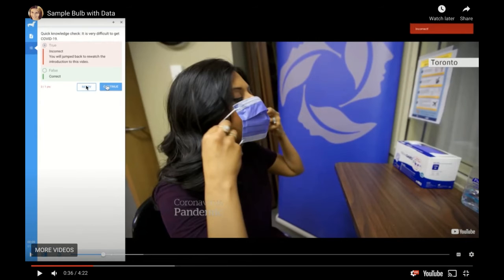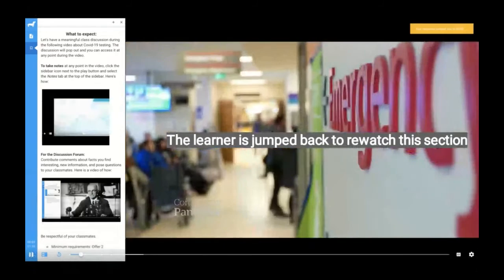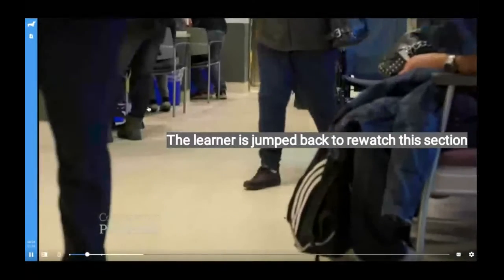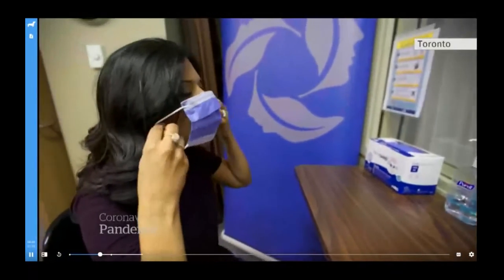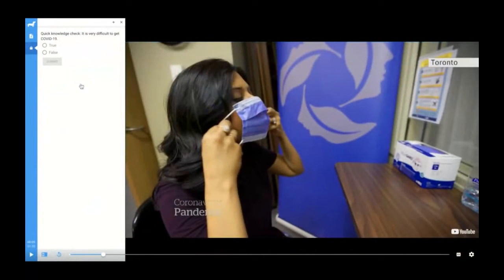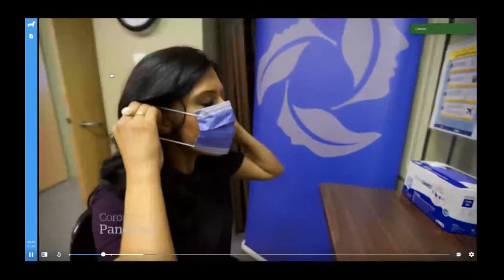You can also allow retries on any interaction. You can even program in jumps for your interactions. So if you want learners to be able to go back to a certain point in the video based on their response, or even forward, that is something else you can do. So again, we try to make sure that this tool is a great fit for every single instructor and learner's needs. So we do aim to give you lots of options, not to overwhelm you, but to allow you to create your true custom experience.